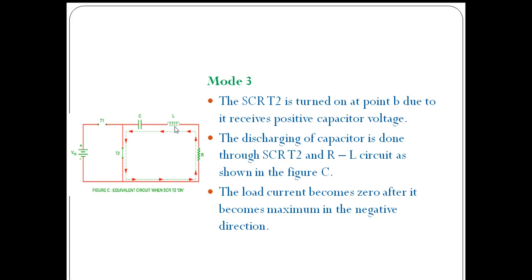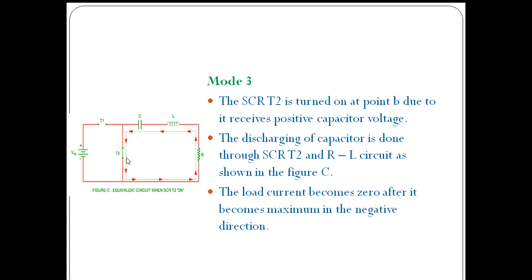So as shown in this figure, whenever the capacitor is charged, after giving proper time to turn off thyristor T1, the thyristor T2 is switched on. So a gate pulse is applied to thyristor T2. Thyristor T2 will be in conduction. When it is conducting, it is acting like an on switch.